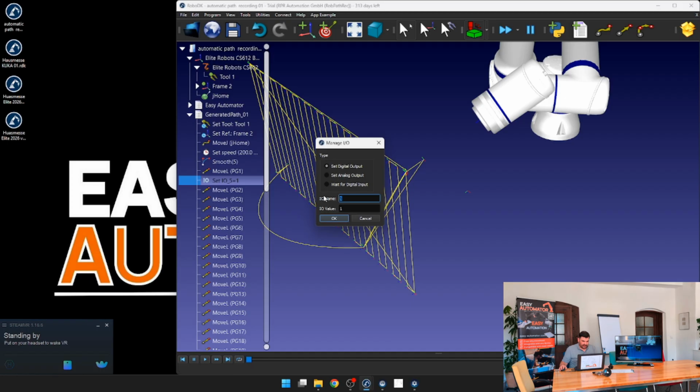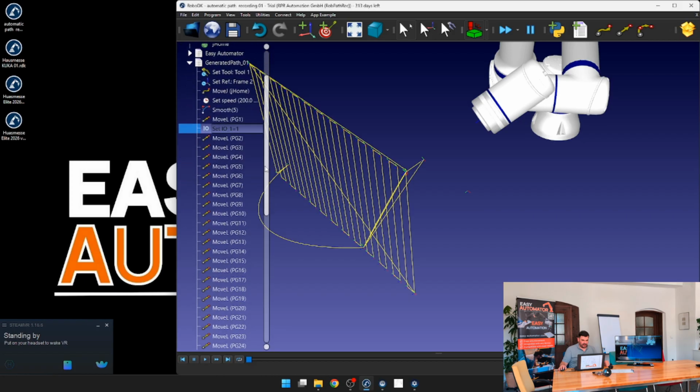And this is depending on your configuration. At my robot, it is so that we have a digital output on the first channel with the value 1, and at this point with the set IO we will just trigger a coating gun that it will start the spraying, and then I just have to come to the last point,